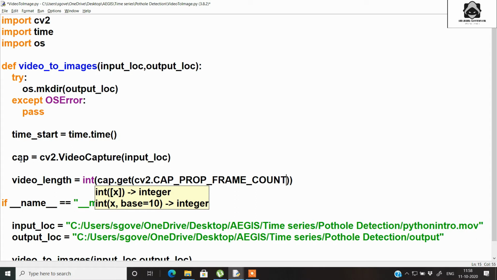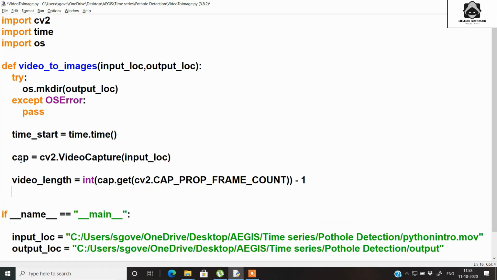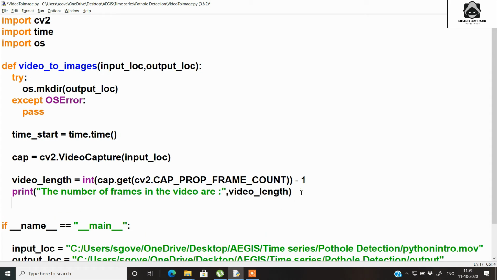This will help us to get the count of the images in your video. Now let's print the count of images that we get from the variable that we have declared above. So this is done.